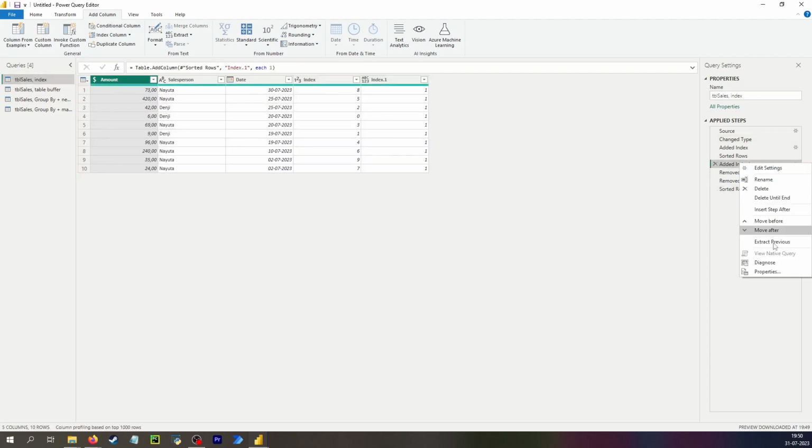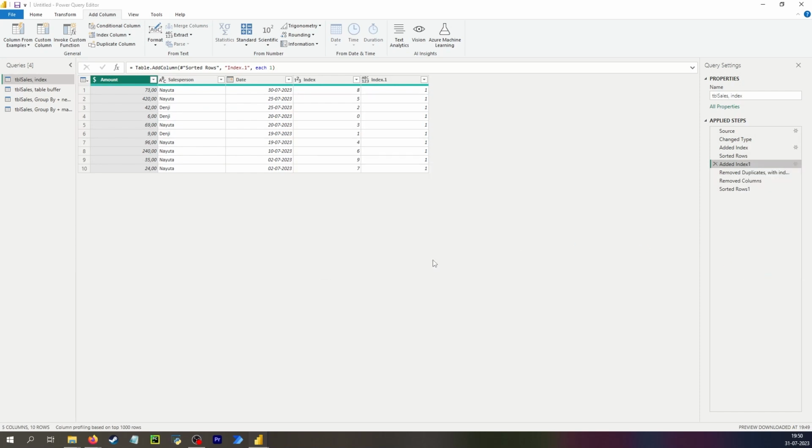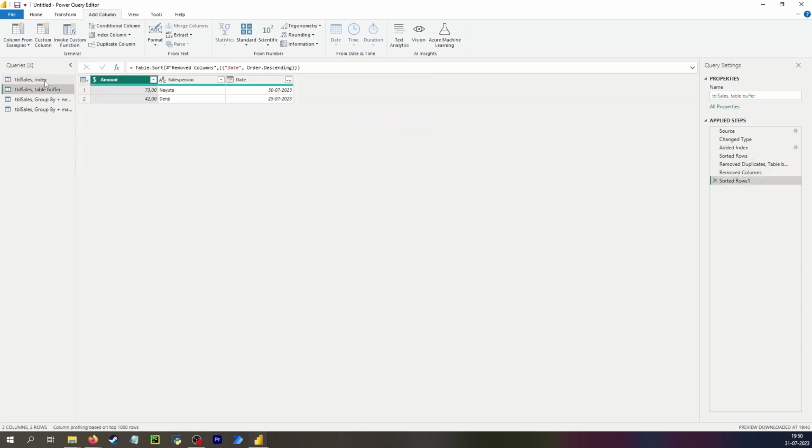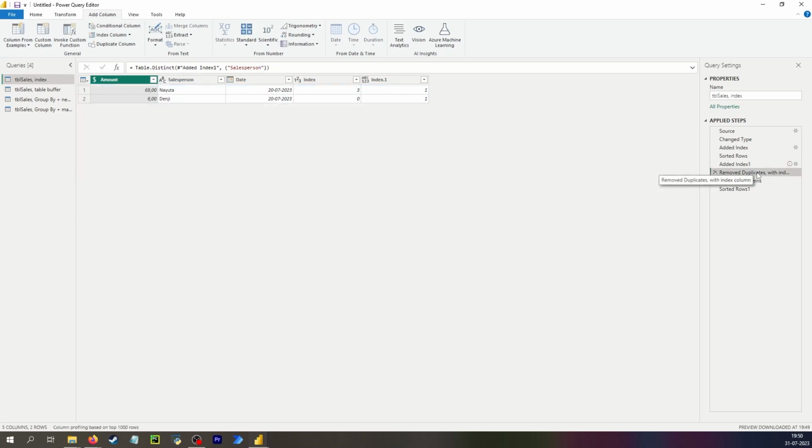If you just remember to add a note here to say, so since this method has a few steps, even though Table.Buffer has fewer, I think this one, as long as you remember to add why you're adding an index or a new column right before you remove duplicates and then delete that, then I think this is definitely the best option. So yep,